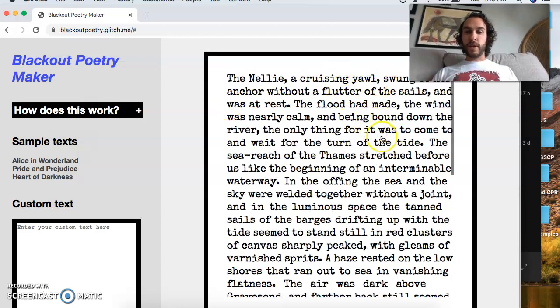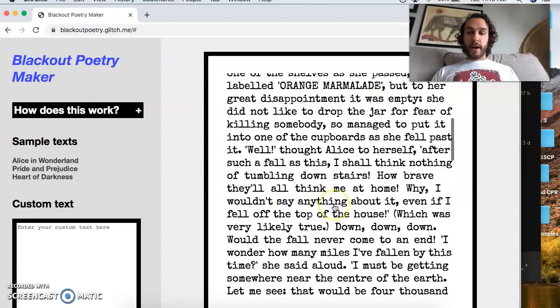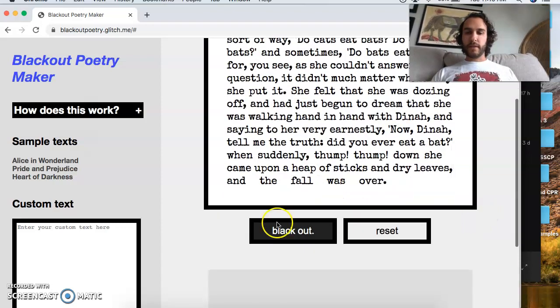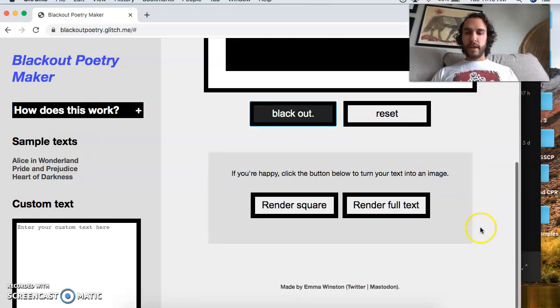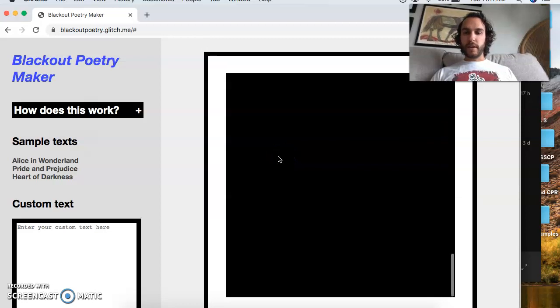And all of your words, you have to do them over again, but maybe you want to change text. With Alice in Wonderland this time, you want to go "rabbit hole," "falling," "plenty," "to wonder," something like that. Whenever you're done, go ahead and at the very bottom, hit blackout. And then if you're happy with how it looks when you go up and check, then you can go ahead